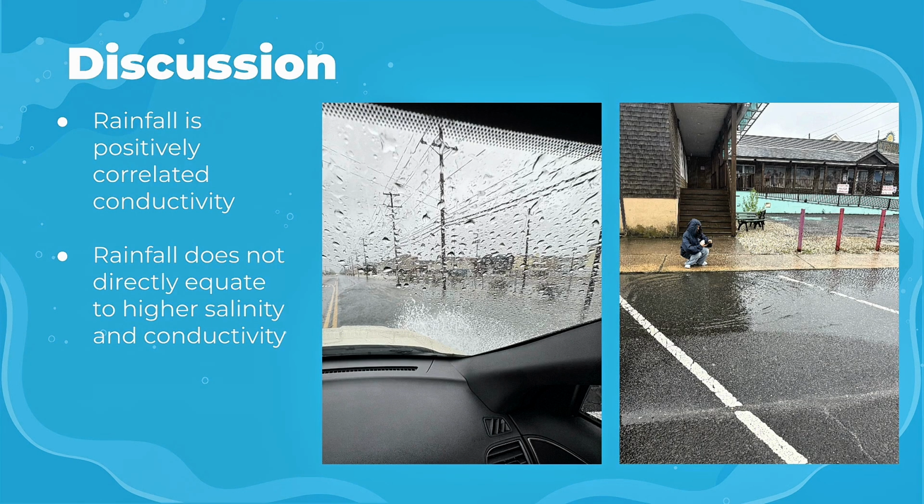Another reason is due to saltwater intrusion. The heavier rainfall raises the water level and allows the saline water from Barnegat Bay to mix with the flooded water in the streets, bringing the saltwater inland. In our study, rainfall and conductivity exhibited a positive correlation. However, this relationship likely reflects storm-driven processes such as surface flooding, saltwater transport, and increased mixing, rather than rainfall directly increasing salinity.